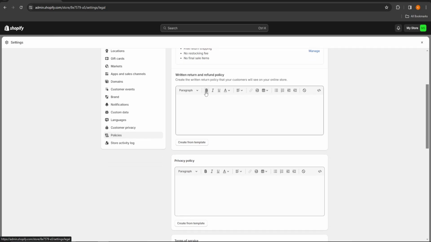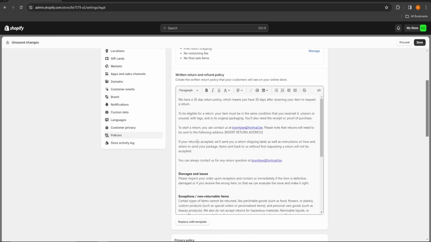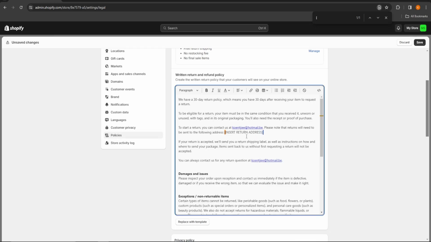We will start with the Written Return and Refund policy. Click on Create from Template. A whole text will show, you just have to delete some brackets. To do this quickly, press Ctrl+F and type in one bracket. Now if you click these arrows next to the bracket, you can switch swiftly between all of the brackets in